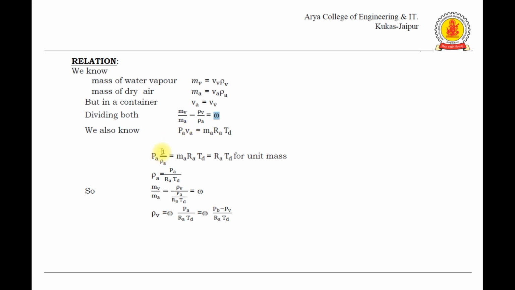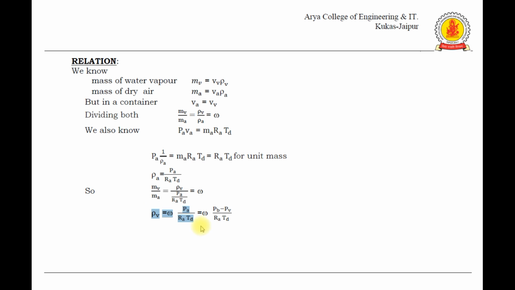We will replace this volume as 1 upon rho V. This is equal to MA RA TD. PV is equal to MRT, we know. For a unit mass, we will take it as a unit, so we will remove it here. Separating out density here, density is this quantity. Now we will put this in this equation here. We will rearrange it so we can get specific density of water vapor as